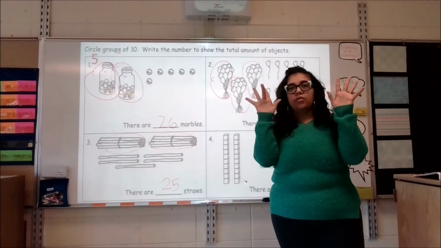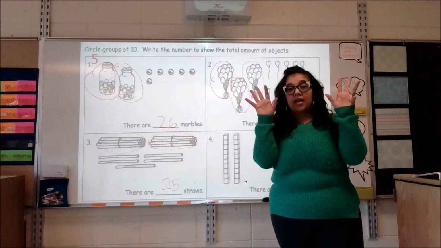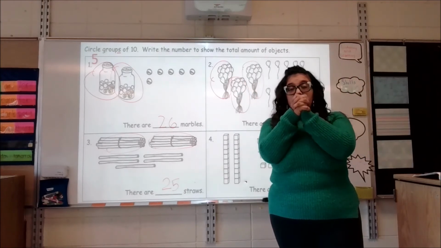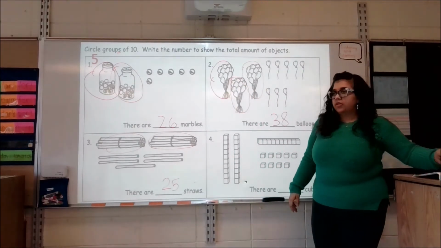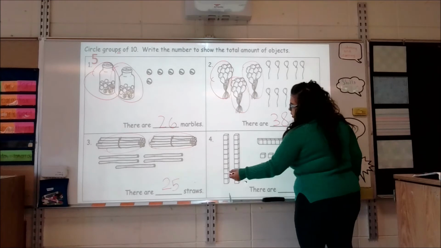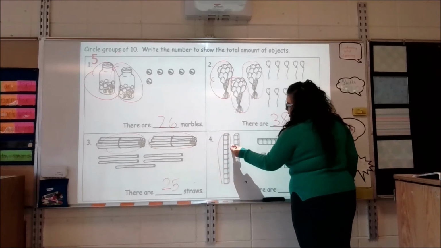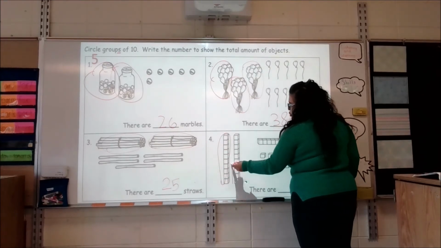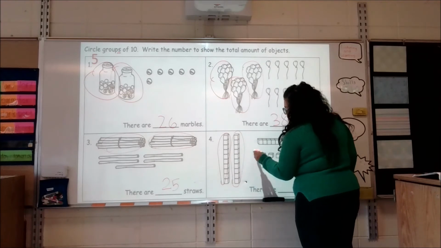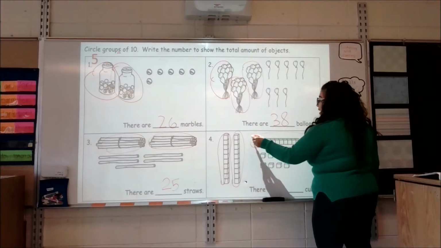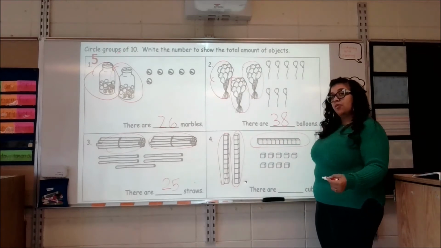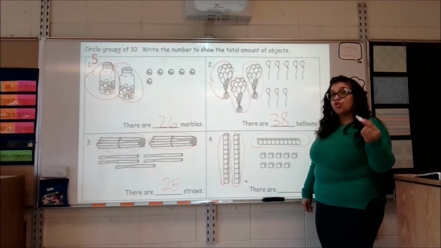1, 2, 3, 4, 5, 6, 7, 8, 9, 10. Loose, bundle. Ones, 10s. So we're going to count this and we see we have 1 group of 10, 2 groups of 10, 3 groups of 10. So 3 groups of 10. The say 10 way, 3 10. The regular way,